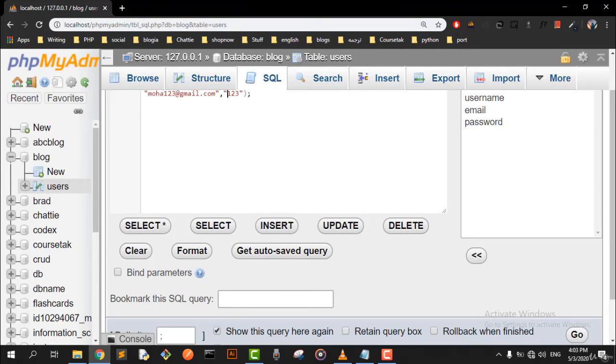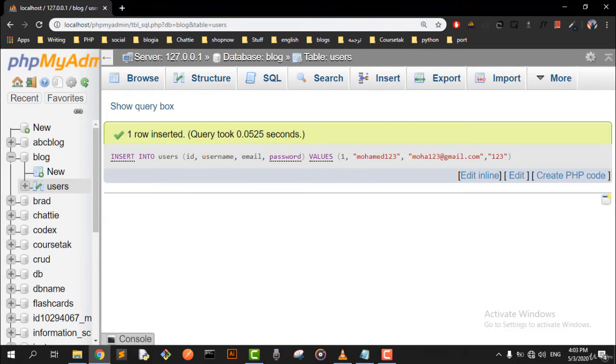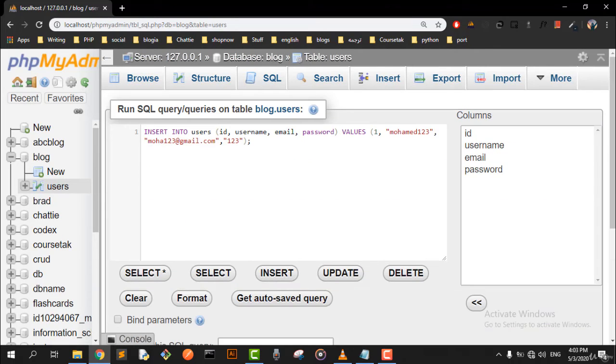into a table. So click go, and here it is, one row inserted. So if you wanna just insert multiple